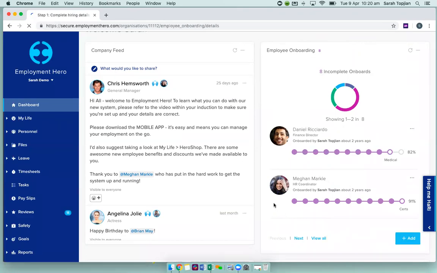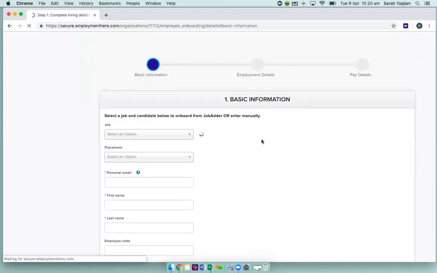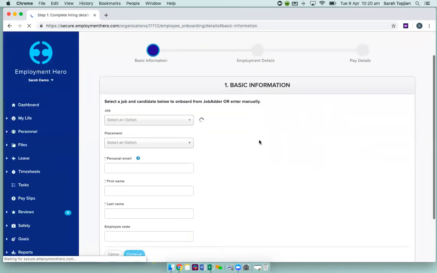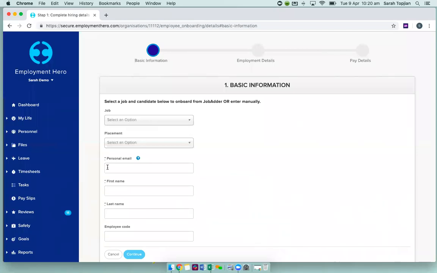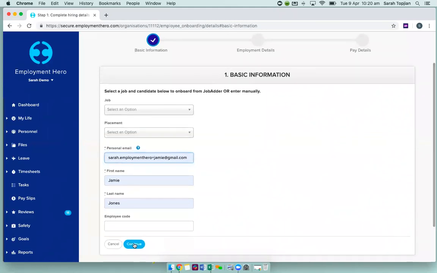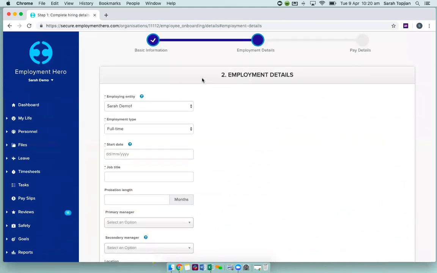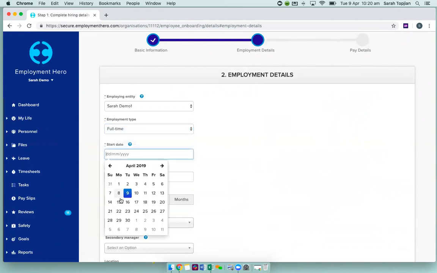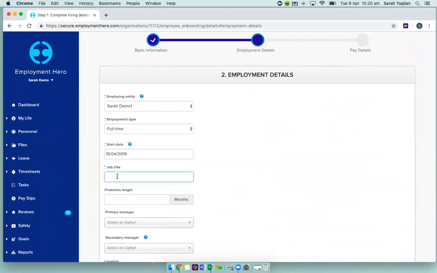So you can have different levels of access within the system. If you're using our partner program job adder, you can also create an integration. But if you're not, it's not a big deal. What you can do is just put in the employee's personal email and their name to start with to get them on board and fill out a couple of these details, which should only take us a few minutes. So their employment type, whether they're full-time, part-time, or casual, their start date, their job title,